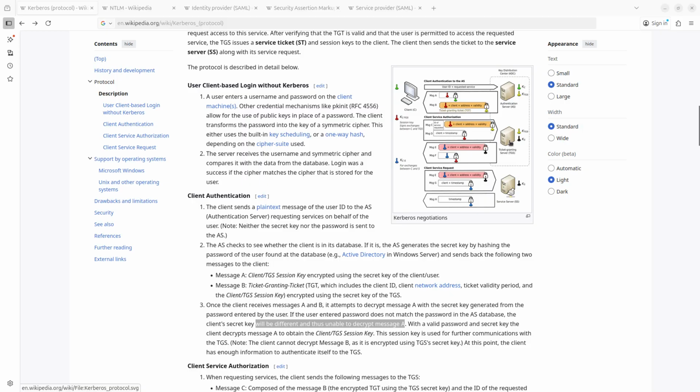And then the client provides that information to the ticket granting server. And then the ticket granting server sends something back, again encrypted with the client's key. I guess that could be any information, right? The client doesn't understand what the keys are, right? So it's not like a re-authentication. But there's an element of